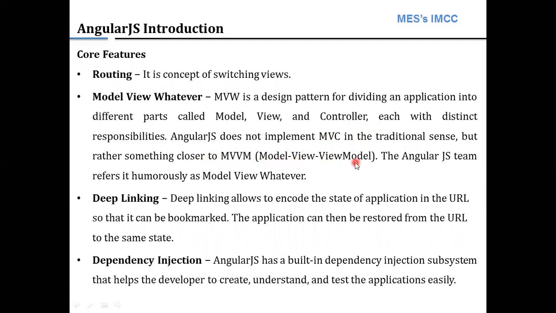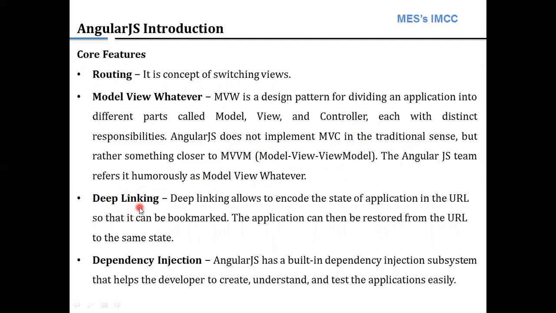I know it will be a little bit difficult to understand this component. We will see it in detail later on when we go to the MVC pattern. The AngularJS team refers to it humorously as Model View Whatever.